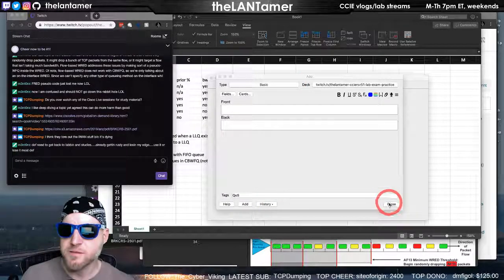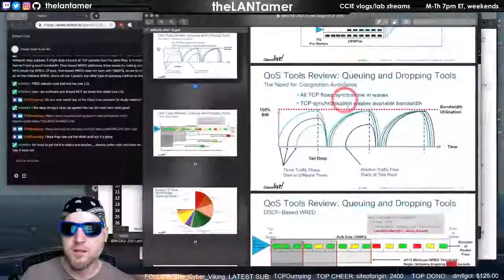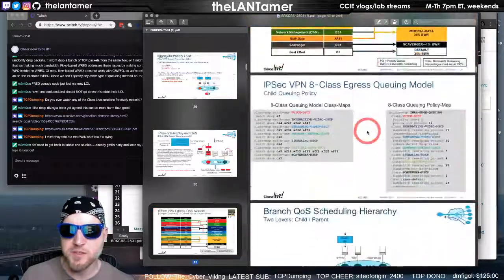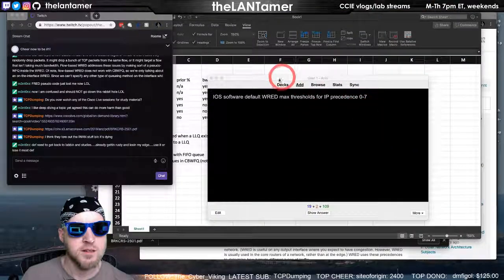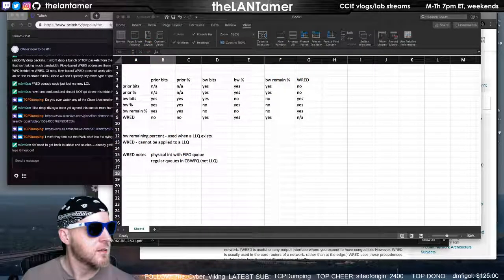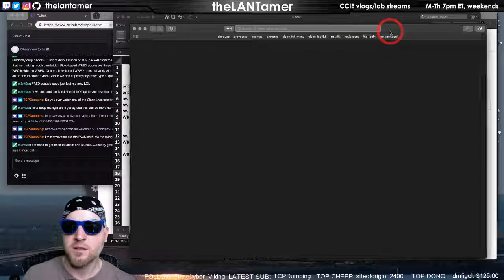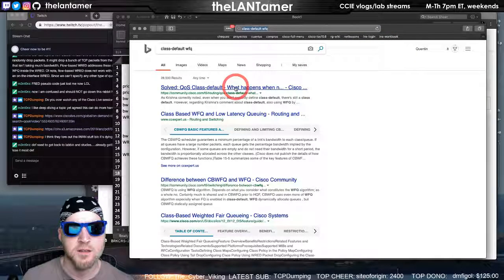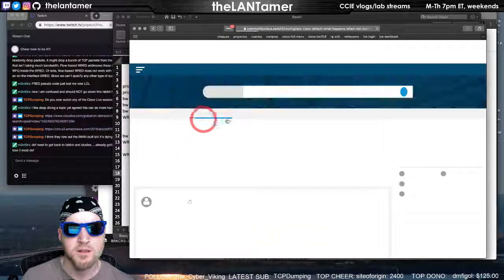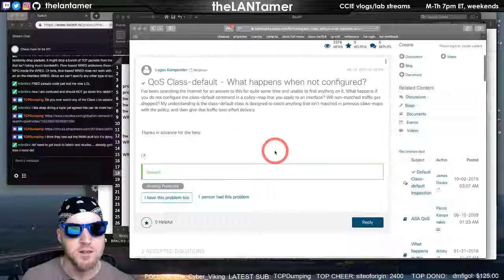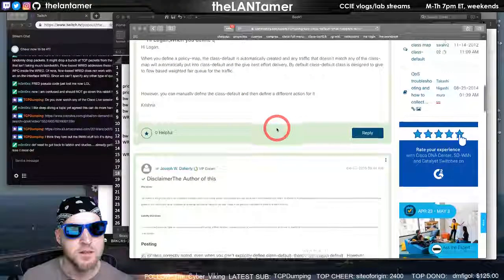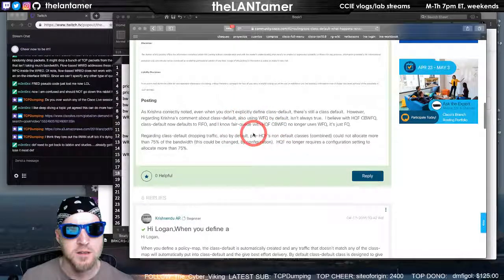All right, well, we at least... Yeah, I'm curious, for example, about the default class. Yeah, it uses weighted fair queuing by default.